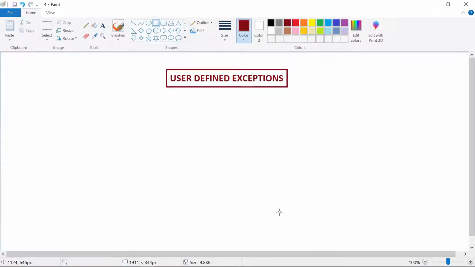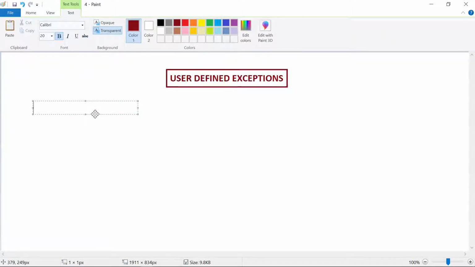What is this user defined exception? I am repeating once again. User defined exceptions are nothing but if you want to have your own conditions or constraints as exceptions, then you can go here with your user defined exceptions. To add our own constraints, then we can go with constraints as exceptions. Then such a thing is called a user defined exception. What type of examples? Let us see some example.